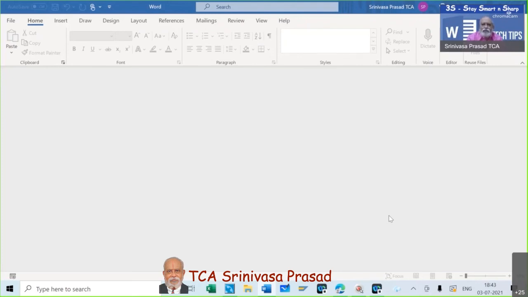So that whenever you save and whenever you try to open a file, it will always go to this particular directory, giving you a lot of additional time to work on other aspects. That is what I was telling.